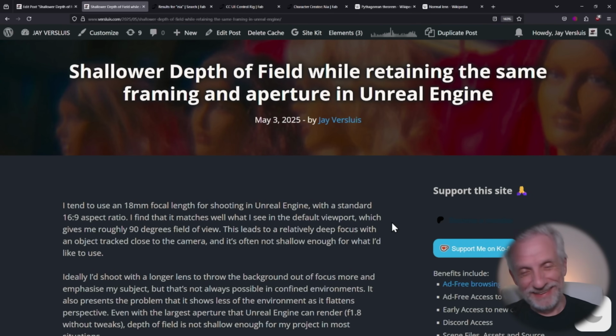Hello everyone. In today's episode I want to share with you how you can get shallower depth of field in Unreal Engine while retaining the same aperture as well as framing in your scenes. And I'm bringing this up because I had a little trouble working this out. It's a super simple formula, but I thought we'd take this opportunity to also talk a little bit about depth